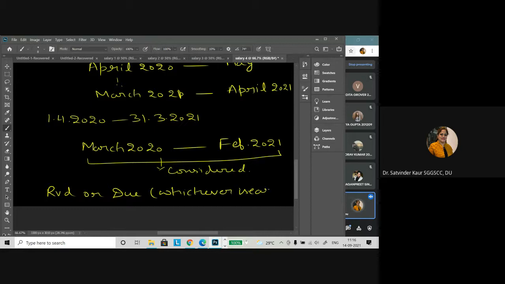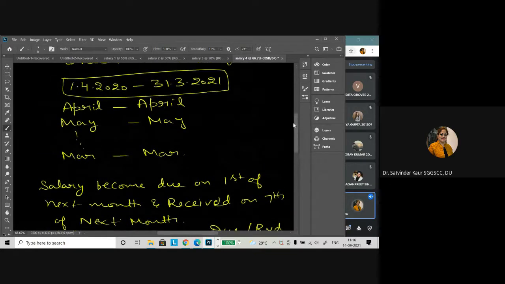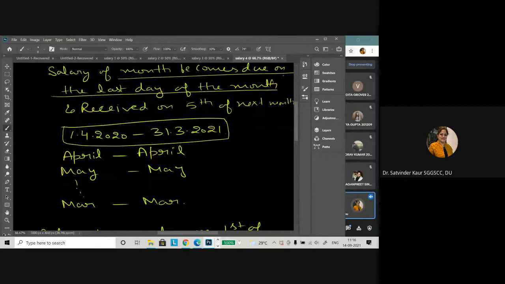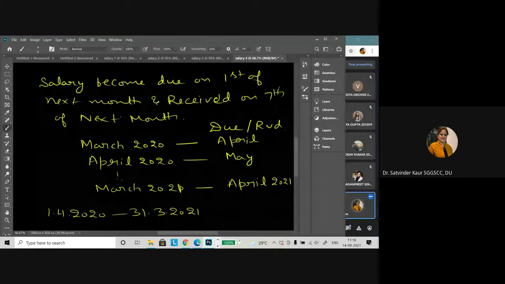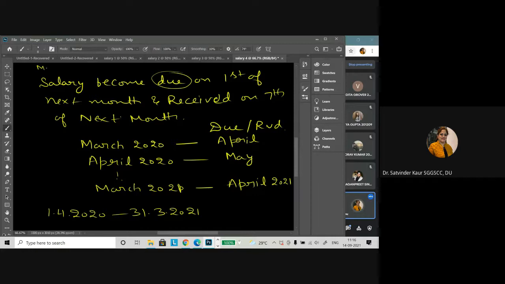अभी एडवांस सैलरी के केस में बताया था, तो चाहे वो सैलरी ड्यू हुई है या रिसीव हुई है, whichever is earlier, उसके बेसिस पे आपकी जो सैलरी है वो आपकी 12 मंथ्स में इंक्लूड होगी। ये भी पॉइंट जब हम ग्रेड सिस्टम का करेंगे तो और डिस्कस प्रैक्टिकल फॉर्म में भी करेंगे, but here if you see the example again, it says that salary of the month becomes due on the last day of the month and received on 5th of next month. तो इस केस में वो ड्यू उसी मंथ में हो रही है, तो इट मीन्स कि हमारी अप्रैल की सैलरी अप्रैल में ड्यू हो रही है, मार्च की सैलरी मार्च में ड्यू हो रही है, तो जो इस रिस्पेक्टिव पीरियड की सैलरी है वो आपकी सेम रहेगी। But in case it is given that salary becomes due on first of next month, तो इट मीन्स कि जो आपकी मार्च 2020 की सैलरी होगी वो आपकी कब ड्यू होगी फर्स्ट टाइम पे? अप्रैल 2020। ठीक है, तो इसका मतलब कि जो मार्च की सैलरी है वो ड्यू भी अप्रैल में हुई, रिसीव भी अप्रैल में हुई, तो वो मार्च में टैक्सेबल कैसे हो सकती है?